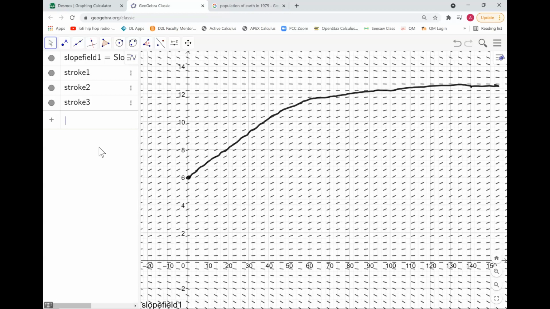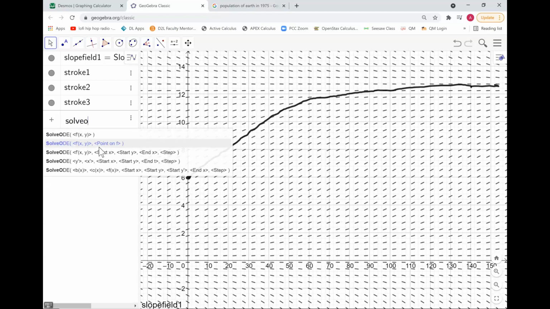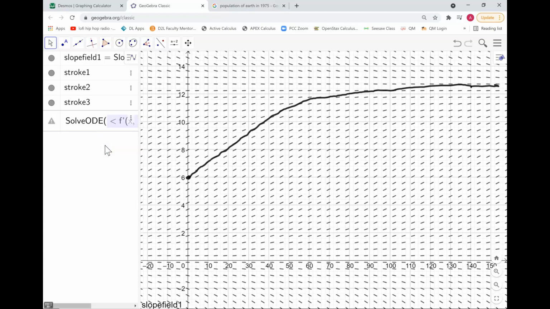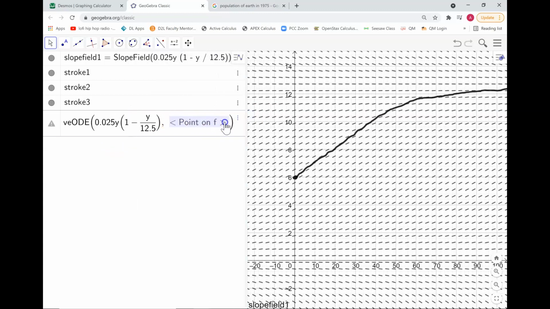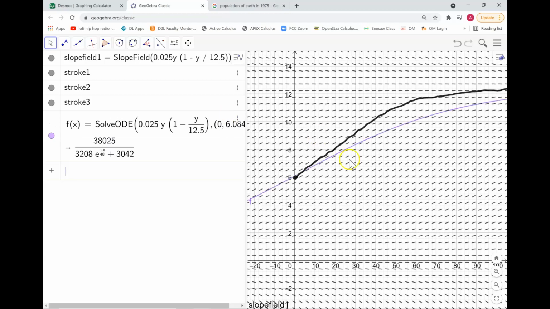to what I do. So we'll do solve ODE, and we'll have a specific point on F. Now this is where my copy paste comes in handy. I copied that earlier, so I'm going ahead and just pasting that in there. And then now I have the coordinate point. Let me extend that out a little bit. Coordinate point on F, which is 6.084. And you can see mine is not very good, so we're just going to go ahead and delete all